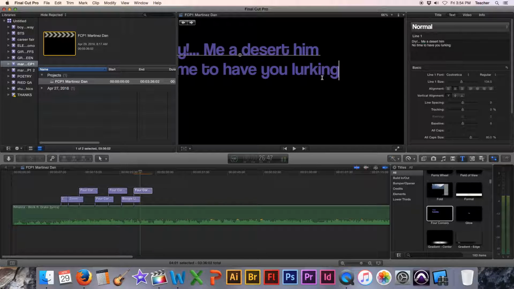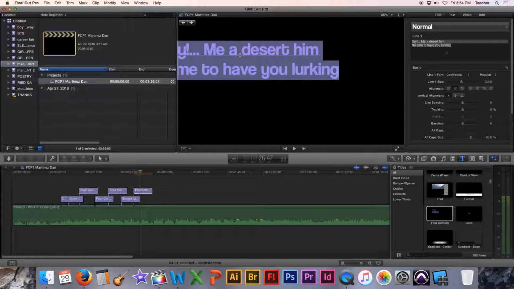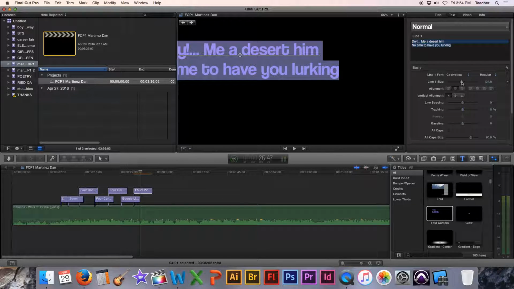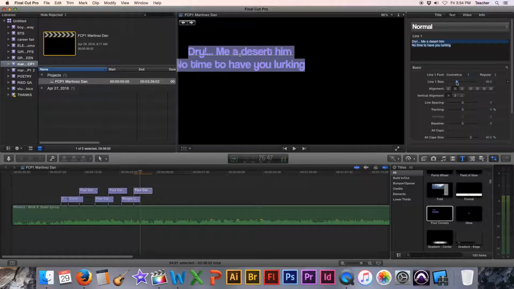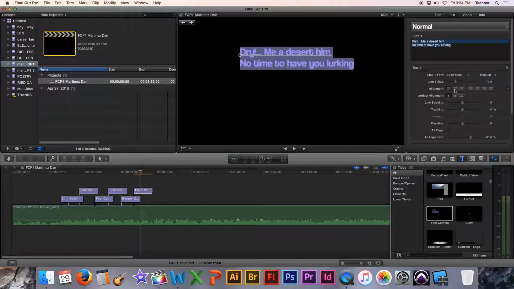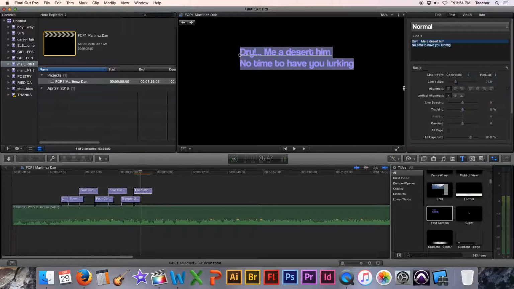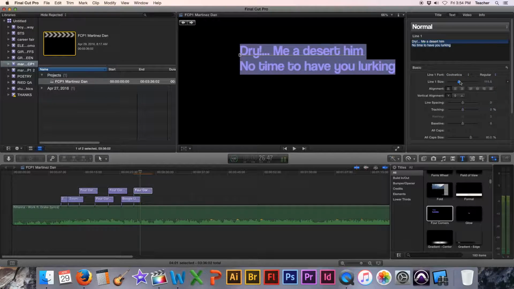You may have to adjust this a little bit. For example, if you highlight all of the text, you can do it here, and then you might need to make that text a little smaller so that it fits in the screen. Also, you can adjust the alignment over here. You can align it to the left, to the center, to the right, however works best for you. You don't want this to be too big or too small, just big enough so people can